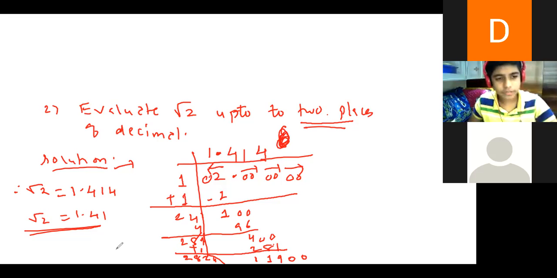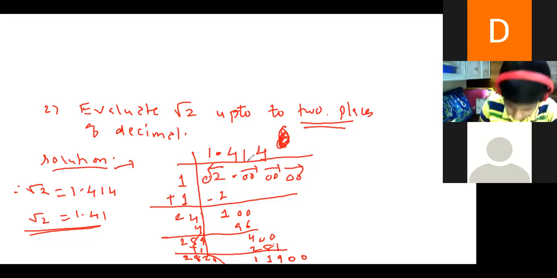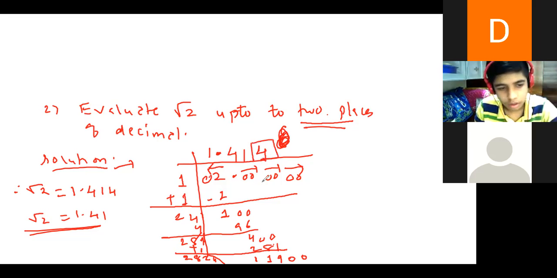Sir, why do you write first till 3 and then till 2 decimal places in the answer? Because without division, I don't know whether third digit is 5 or more than 5. Okay. So you have to always go till 3 digit. If it is coming less than 5, you have to discard. Then we can come back. Okay.